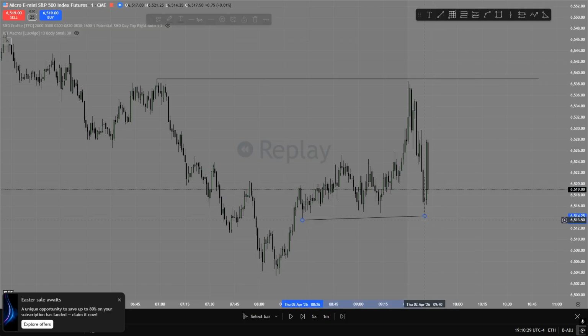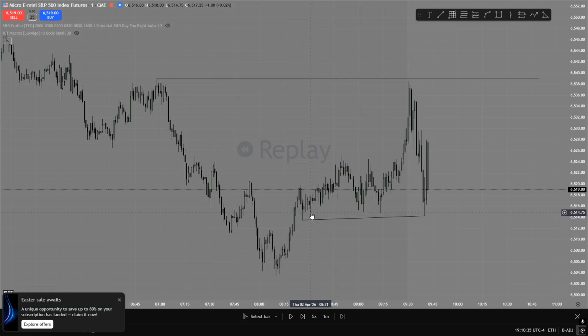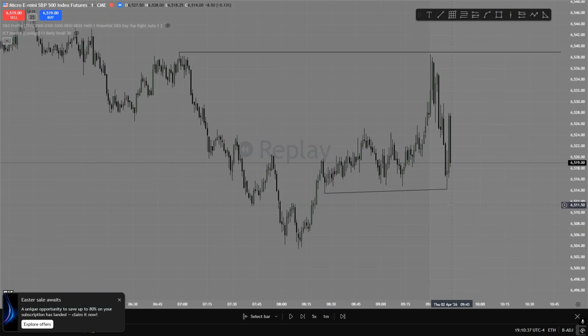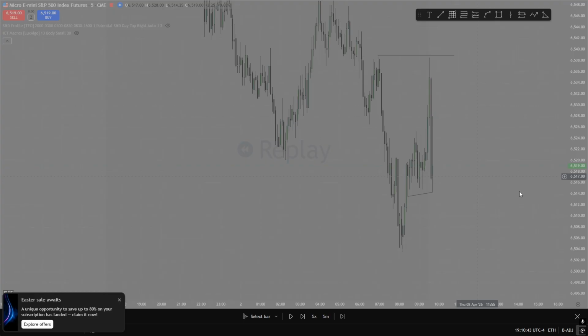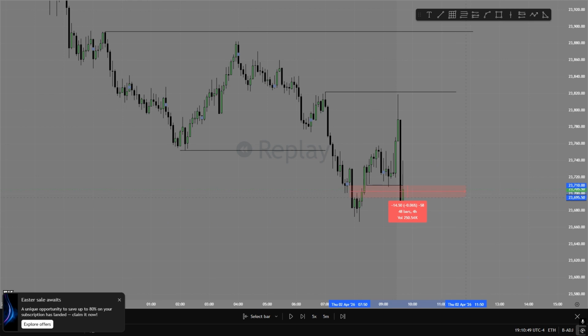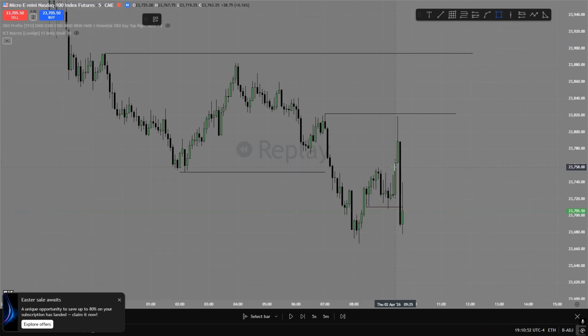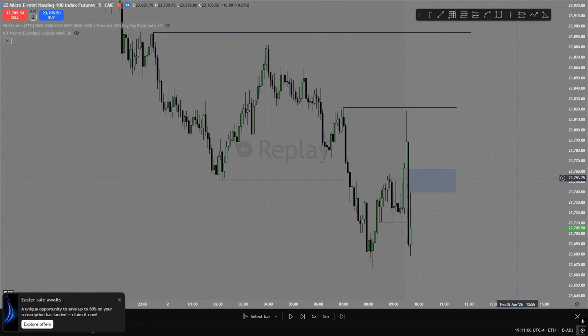One thing that I did see, and I did outline, is we had this internal SMT at 826 low that we see here, which is inside the inverse on the 5 minute. So we come down, we hold it, but honestly nothing there yet where I'm like, okay, we're bullish, because we've just moved higher, we closed through this change in the state, and now we could sell off if we want.